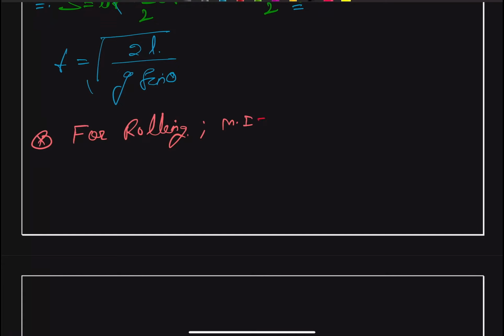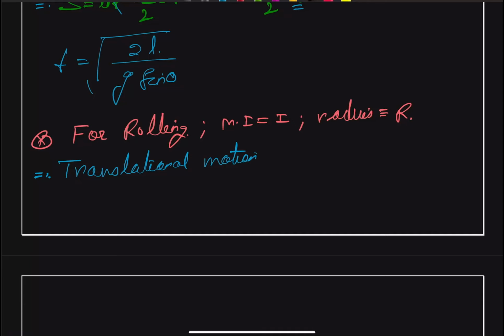Moment of inertia is, let us suppose, I, and the radius is capital R. So it will be rolling without slipping. There will be two types of equations involved in this rolling. One will be the translational, another will be the rotational. Therefore we can say our translational motion, this translational motion,